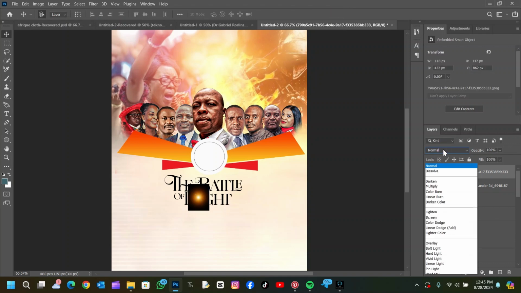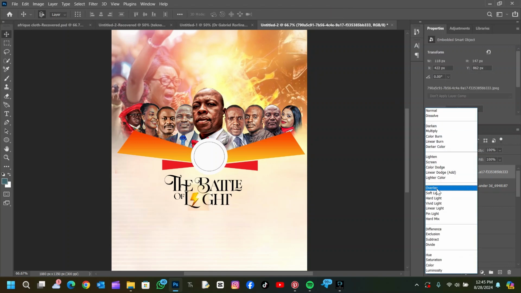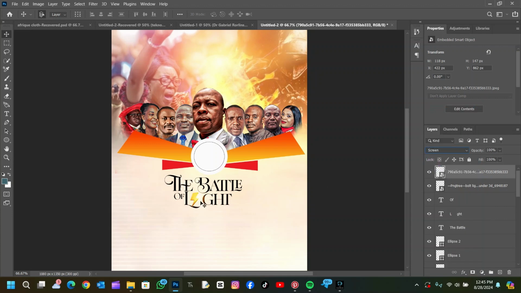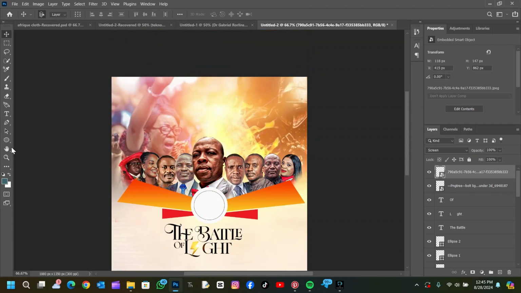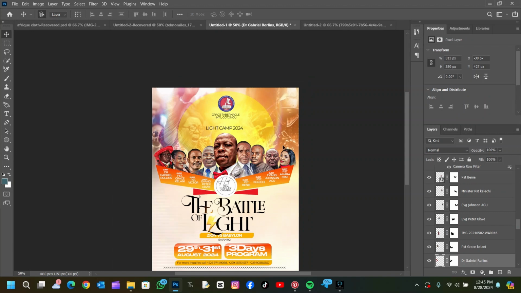Then you're going to change the effect to screen. You can see it looks a bit surreal. So it's just like a picture to add reality to your design. So what we are going to do next is to add the round eclipse that is at the background. So what we'll do now is to